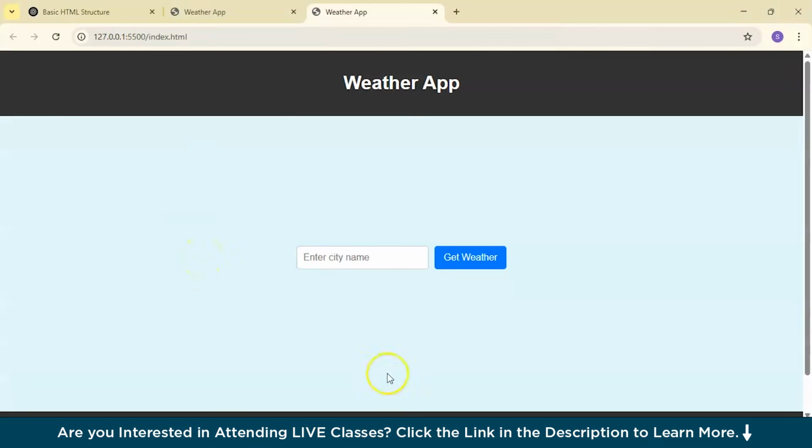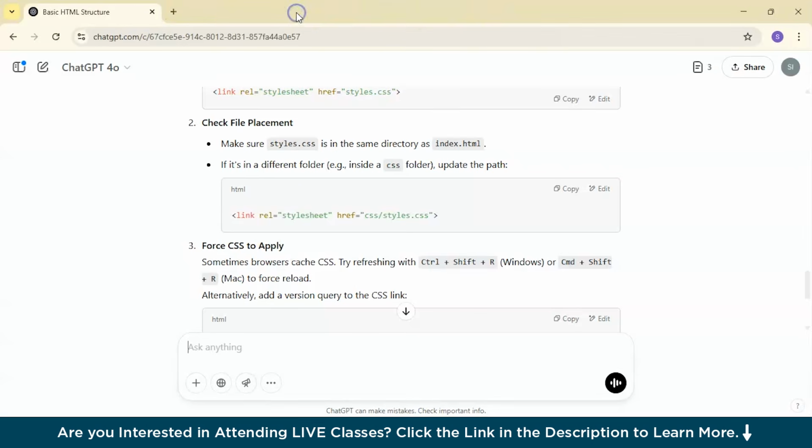Now see, it has actually generated a weather app and it has made it a basic one. You can even enter your city name over here and get the weather. So I wanted a light blue color. It has generated the light blue color. So let's cross this. Now,